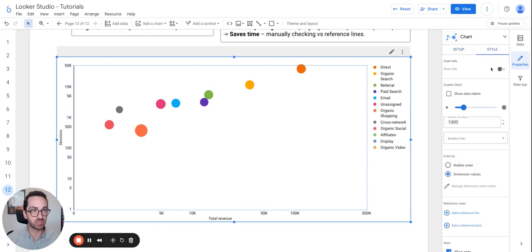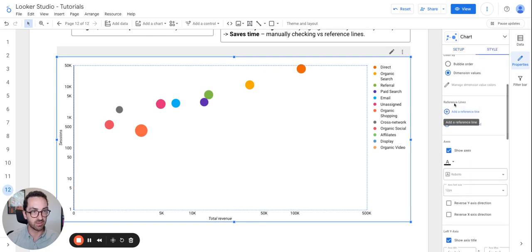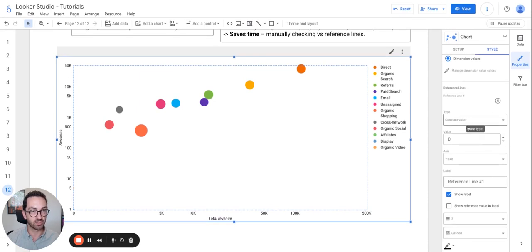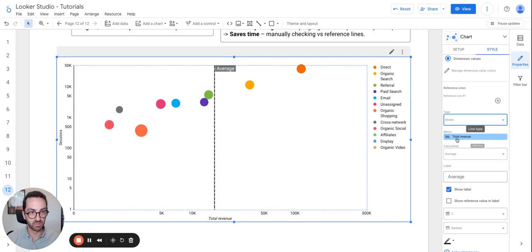We can go to the style tab, and here we will see reference lines and reference bands. We will start with the reference line. Click on it, and you will see the type has this drop-down. You will see three things there: a constant value, a metric, and a parameter. Let's say I want to add a metric, and it shows the available metrics. One of the available metrics is total revenue,